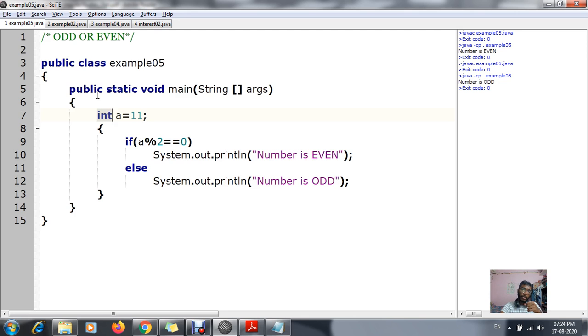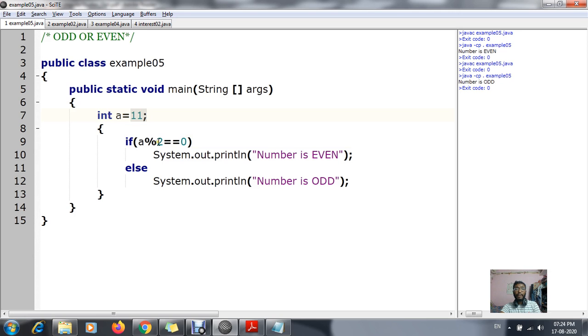And over here you can see another kind of data type, known as the integer data type. After declaring a data type, they are declaring a variable. The variable is a character: int a, that is your variable. For a they are assigning the value 11. A's value is 11. Now they are giving the condition: if a, what is the value of a? The value of a is 11.